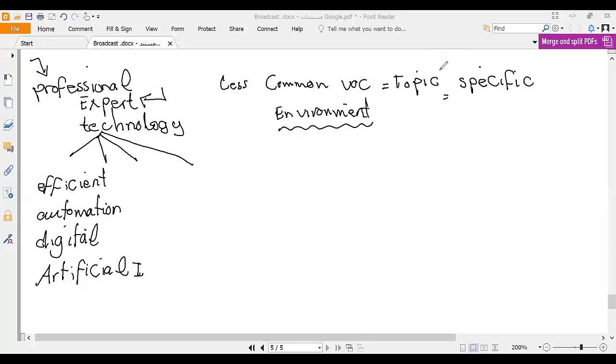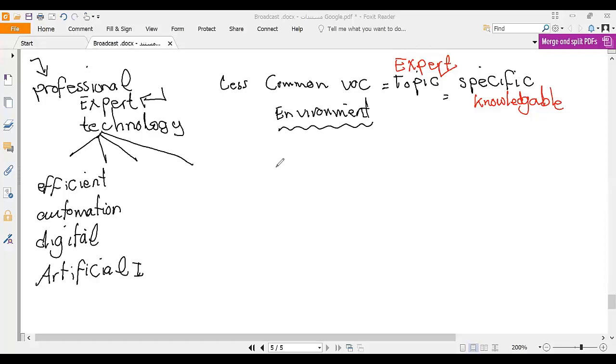This is what we mean by topic specific vocabulary, to consider yourself as a professional or an expert, one who is knowledgeable, or has a lot of knowledge about this topic. So the vocabulary he will use must reflect his knowledge and